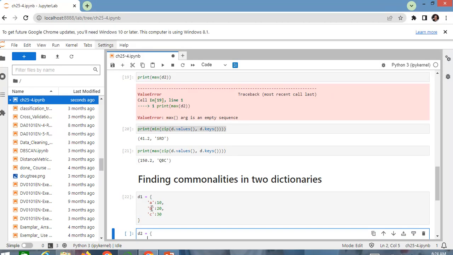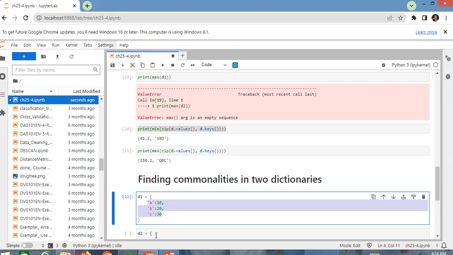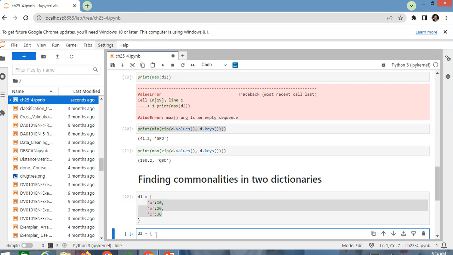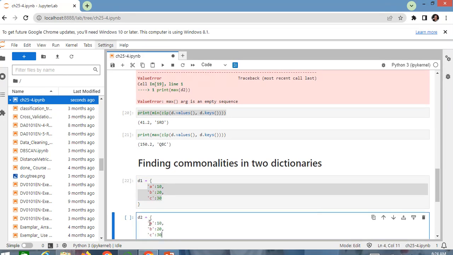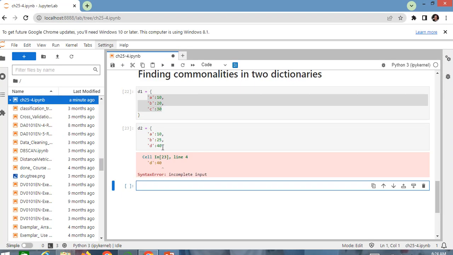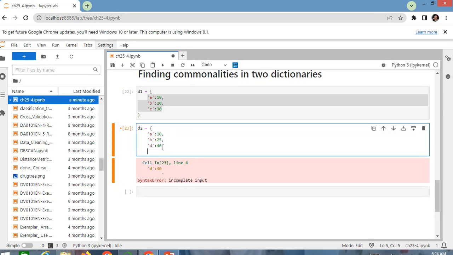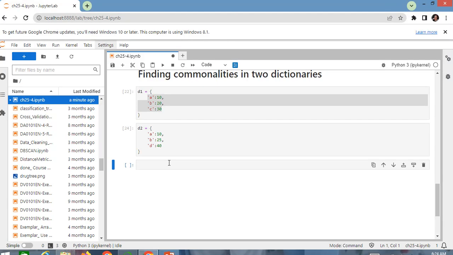D2 is like this. For example, let's have it copied in order to avoid the extra typing. A is the same, 10. The value of B here is 25, and here we have a D key and its value is also 30. Okay, I forgot to put a closing curly brace. Okay, now we want to find the common keys, so we can act like this: D1 dot keys